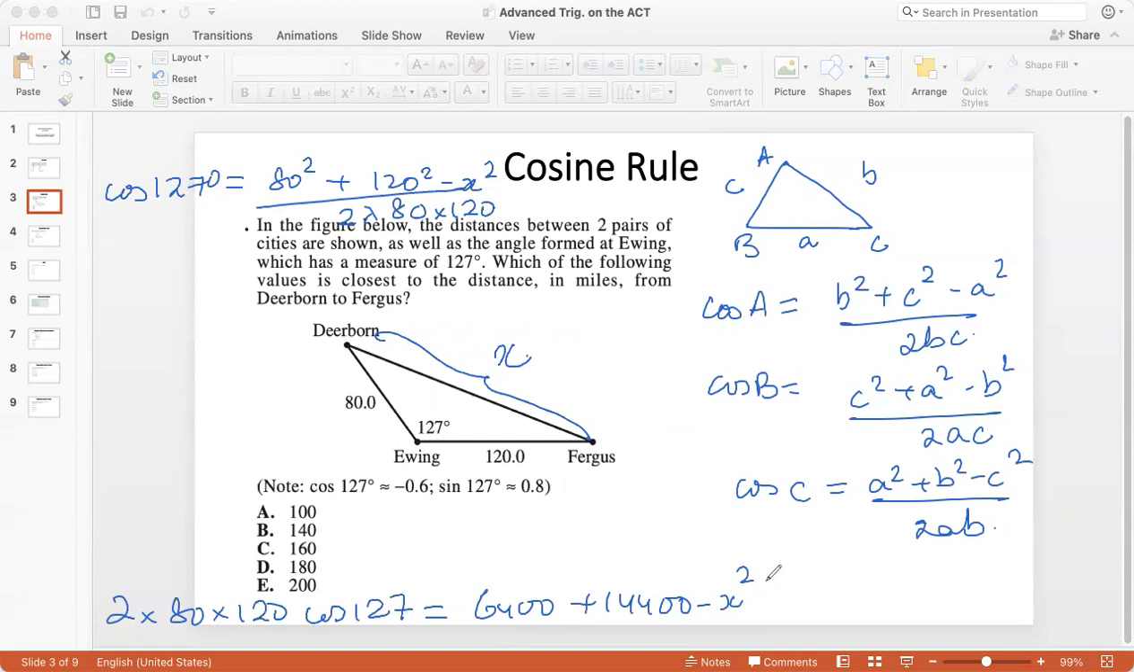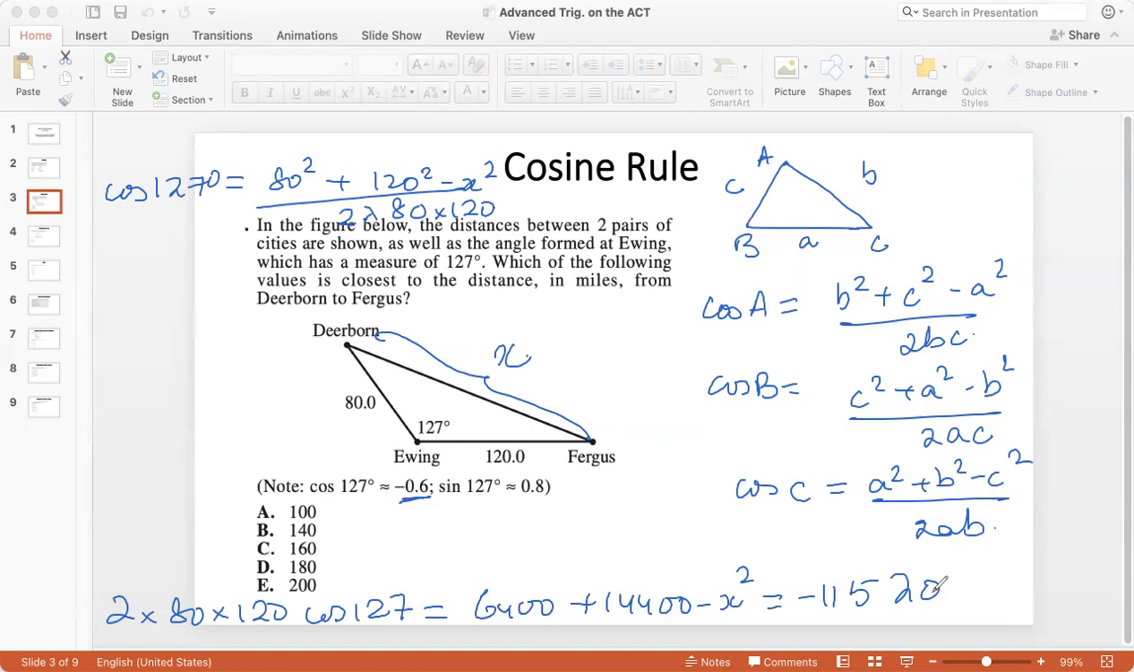So 2 into 80 into 120 cos 127 is 80 squared, 6400, plus 14400 minus x squared. Now cos 127 is given as negative 0.6. So let's put that in the left hand side and find the result on the left hand side. So 0.6 multiplied by 2 into 80 into 120 is 11520. So this is negative 11520. So x squared would be